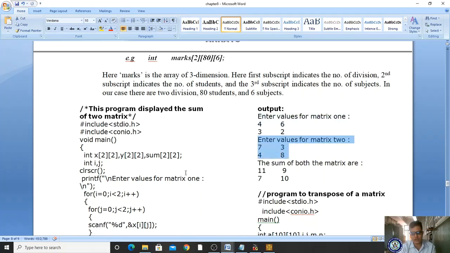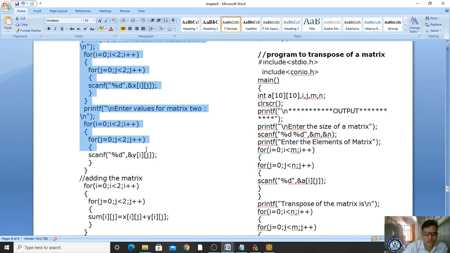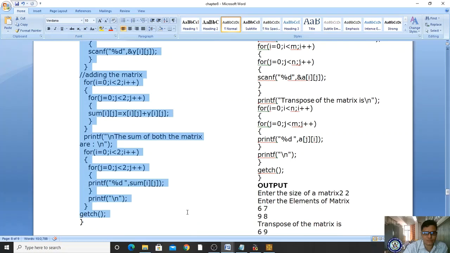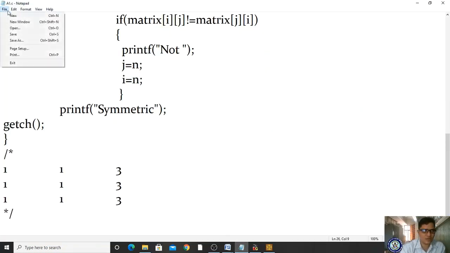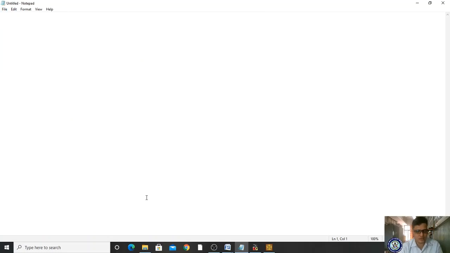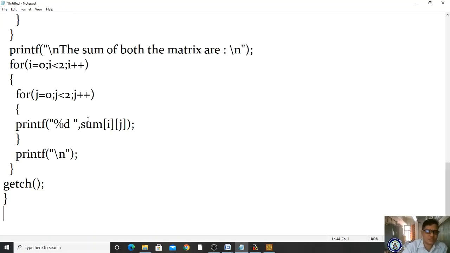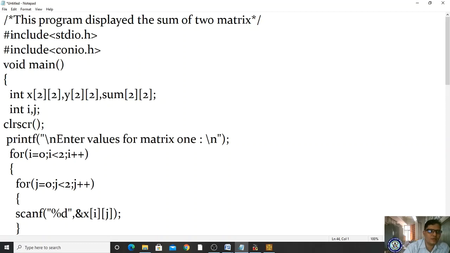As we have learned this concept in your lower class, now we are seeing how we will code it. Let me copy this program, make a new file and paste it. You will understand what we are exactly doing. So this is the summation of two matrices.